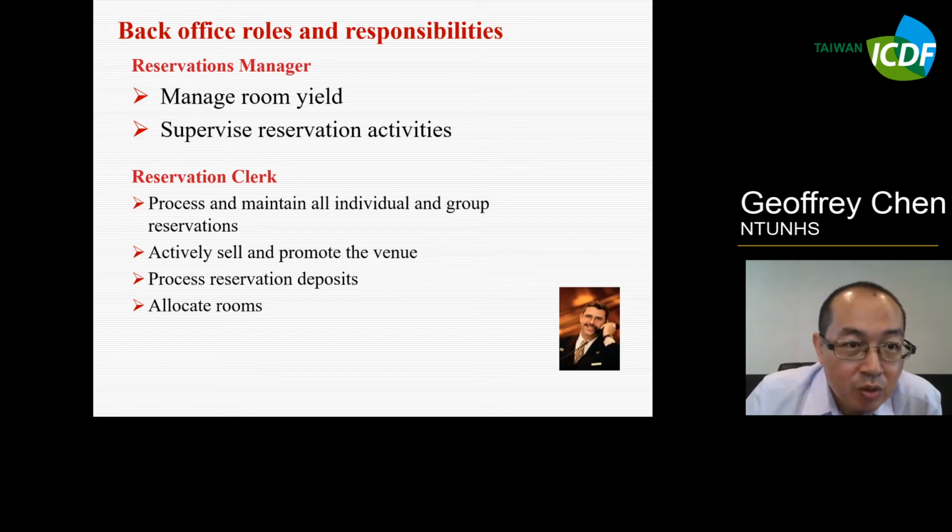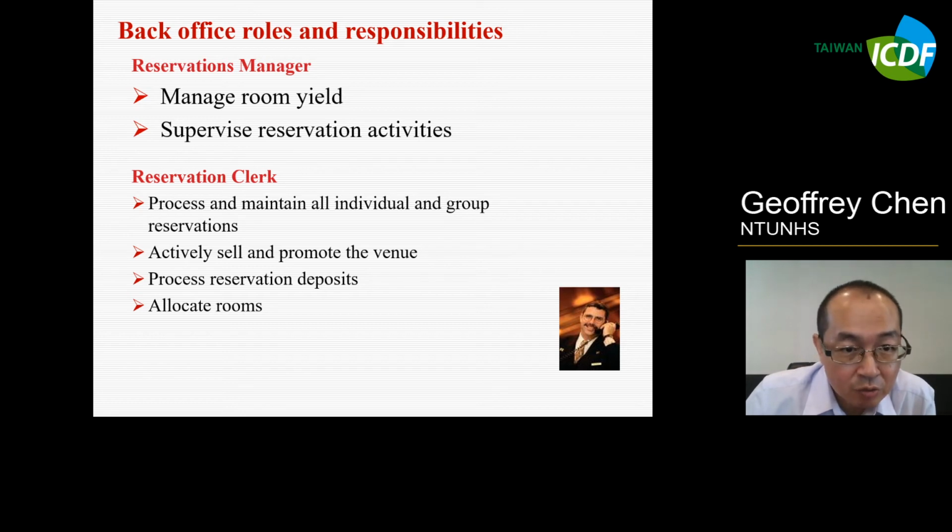For example, when you are a reservation manager, you have to manage your room yield, like yield management, or supervise your reservation activities, how many rooms are left or how many rooms are available, and some reservation information work you should pay attention to.